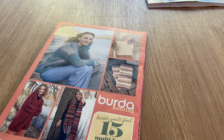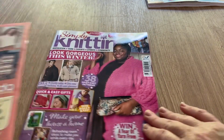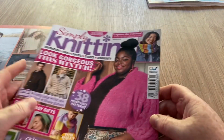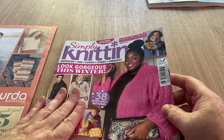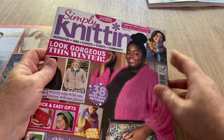Okay, let's move all the debris out the way. So this is the magazine. Very nice colouring, I think, on this one. I'm a bit biased because this is the colour of my website, which, if you don't know and you haven't seen it already, is